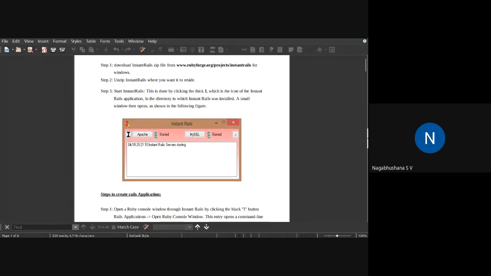Here, the objective is: I have some book information like book ID, book name, book author, book title, publication, and edition. There are some three to four components available. You have to create a user interface for this, insert into a MySQL database, edit it, update it, and search. This is the objective of the program.